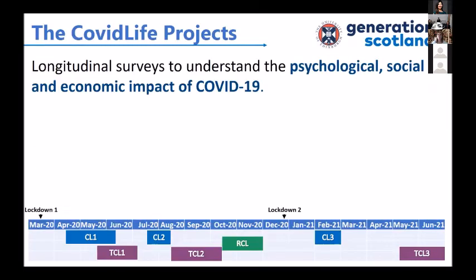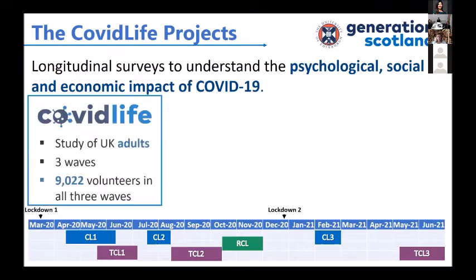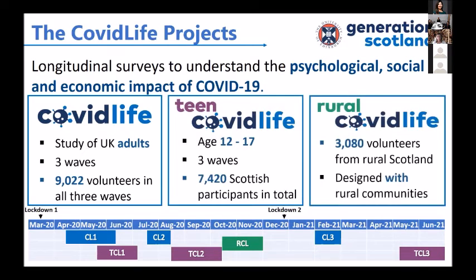So, as I said, we did COVID research, and what we did was we created COVID surveys, which were our COVID Life surveys. And from lockdown in mid-March to mid-April, we got our first COVID Life survey up and running. It is a study of UK adults, not just Generation Scotland participants, but anybody in the UK was welcome to join. We did 3 rounds of surveys. The first was in the first lockdown, the second was in the first loosening of restrictions, and the third was in the period of the second lockdown, basically as soon as we could launch after Christmas.